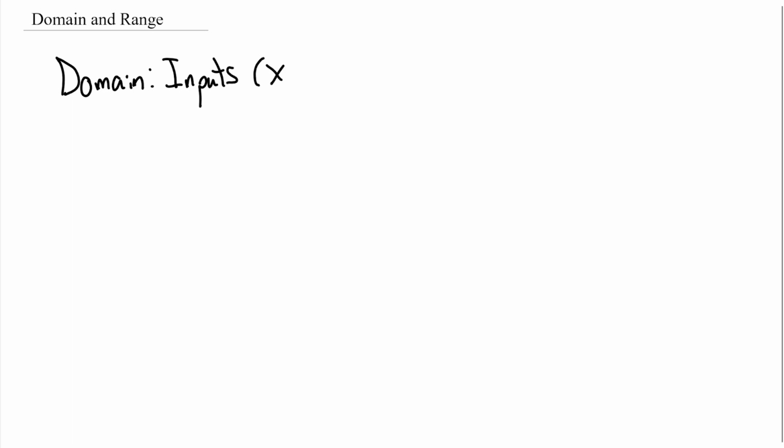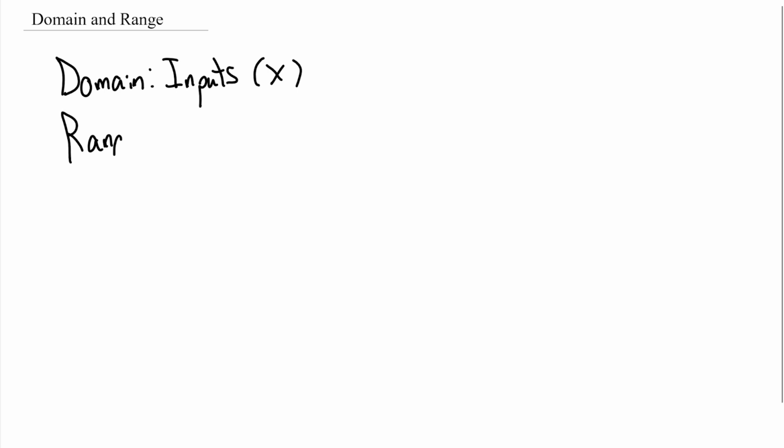In this video, we're going to hone in on the domain and range of a function. So we already defined these to be the domain as the inputs of a function or the independent variable. So this is typically what we call the x. And again, the variables are arbitrary. You can use whatever you want, but the common nomenclature is to use x for the inputs in the domain,